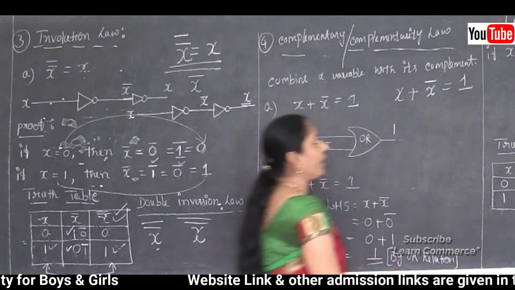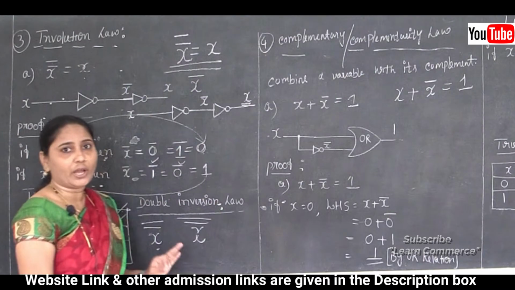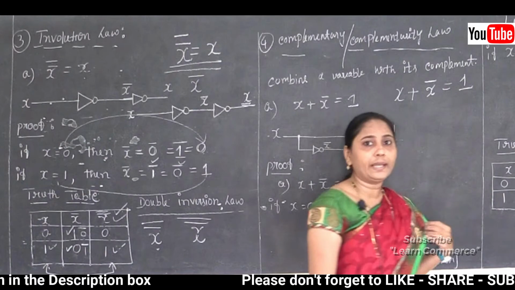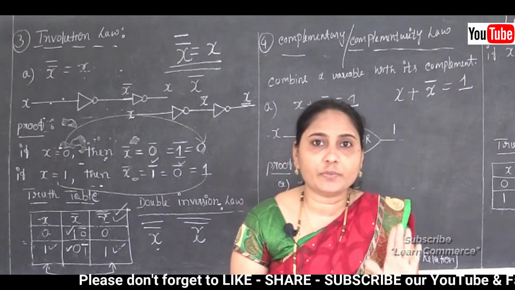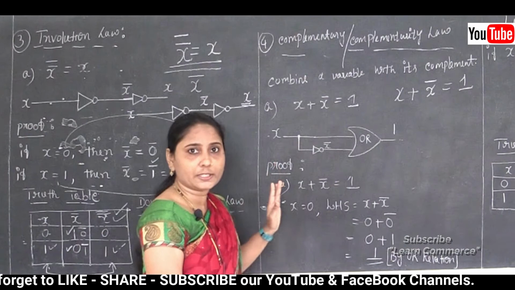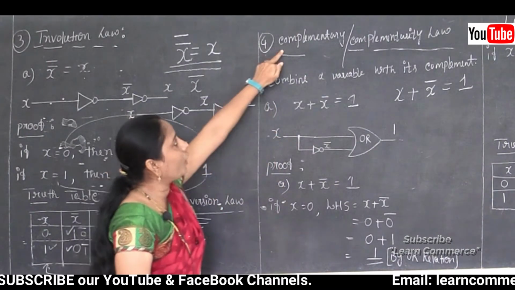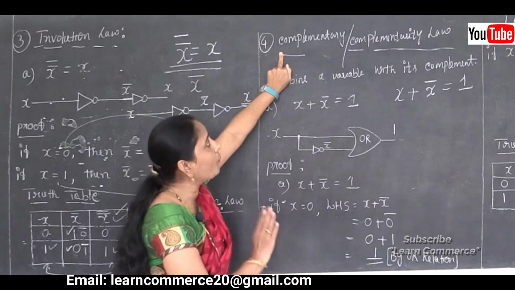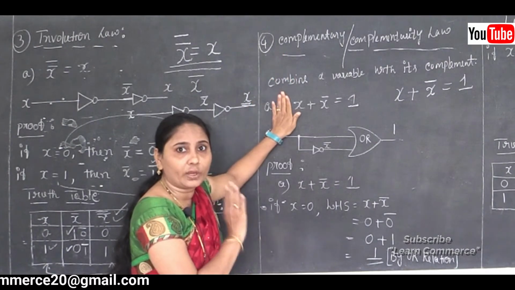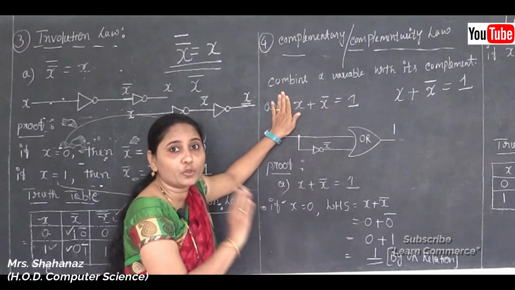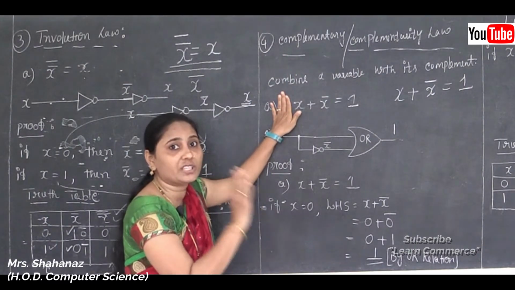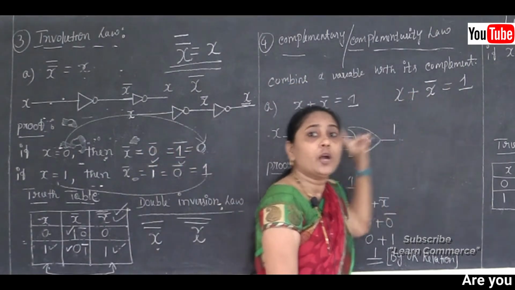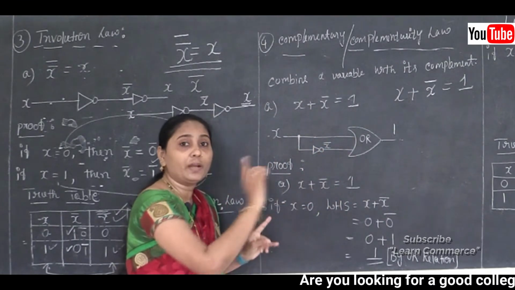Clear this point? Everywhere when you use x plus complement of x, you should get the value 1. If you get the value 1, then we can prove such a law. Now we are at the next law, the fourth law. The name of the fourth law is the complementarity law, and we know how to prove such a law by using the rules. And what's the rule of the complementarity law here? With its complement.